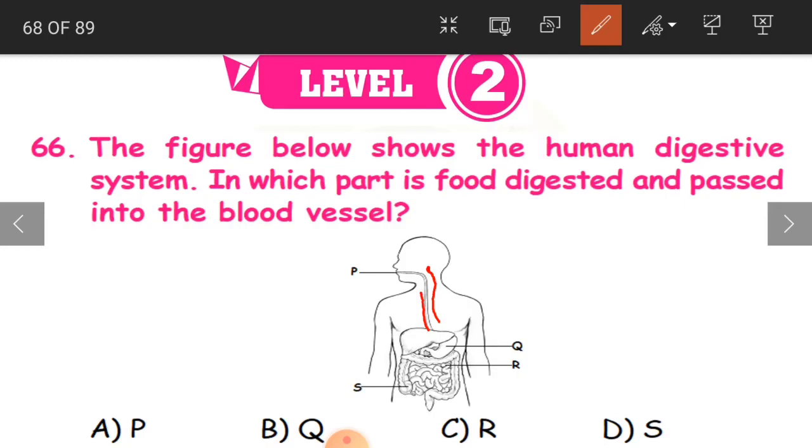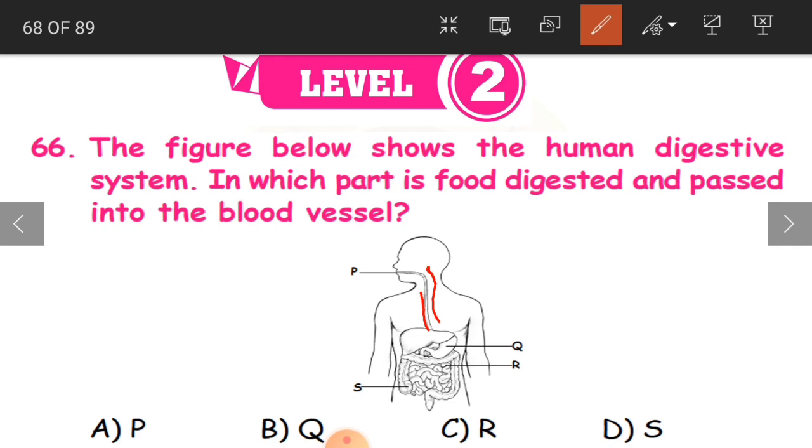This is labeled with alphabets P, Q, R and S. So P is the mouth and also this esophagus,